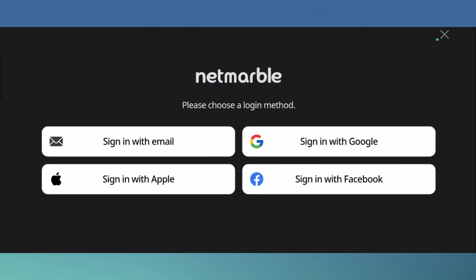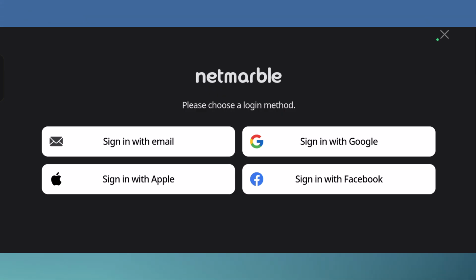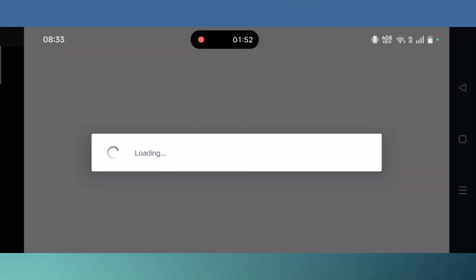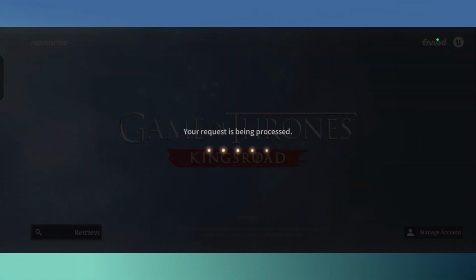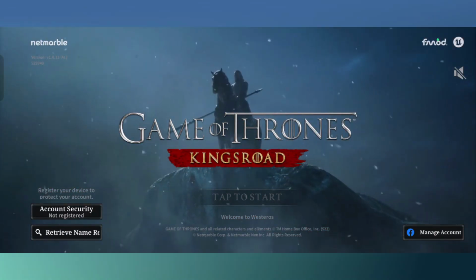Now it will ask you to sign in. So simply sign in with email, sign in with Google, sign in with Apple, or sign in with Facebook. So these are the four options available. You can sign in with any option. After logging in to your account, click on tap to start,